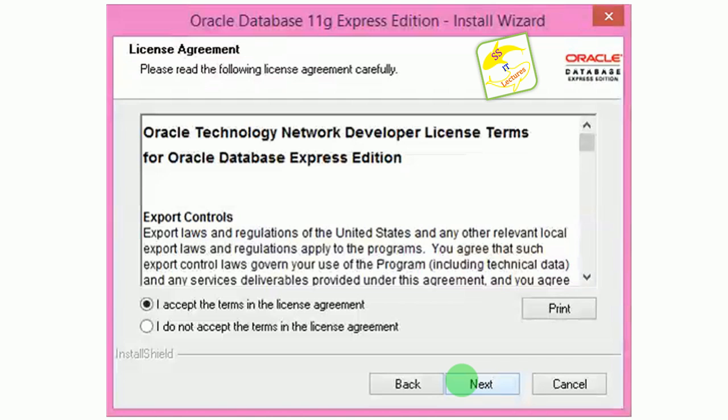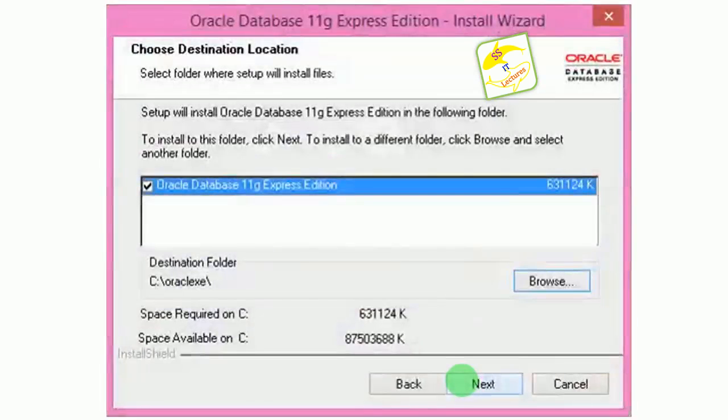click the Next button. You have to choose the destination location. By default it chooses the Windows OS installation directory, that is the C drive. I suggest saving it in a different drive so that even if your Windows OS fails, you can retrieve the data back.